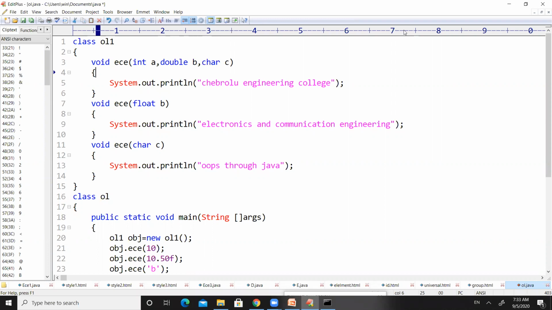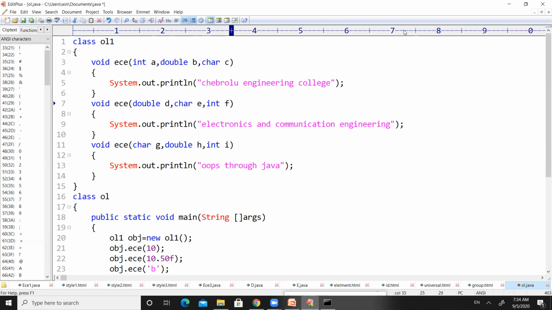Int A, double B, char C. Here I am defining double D, char E, and then int F. Here I am defining char G, double H, int I. So if you observe the three methods,